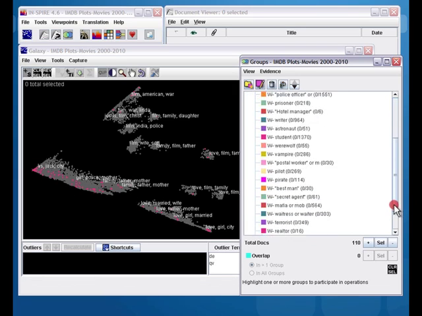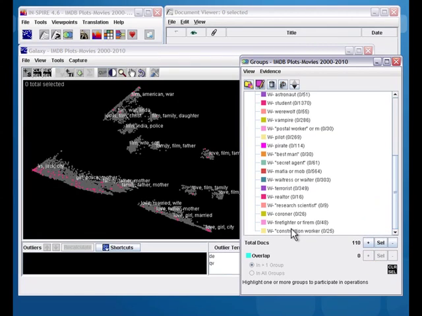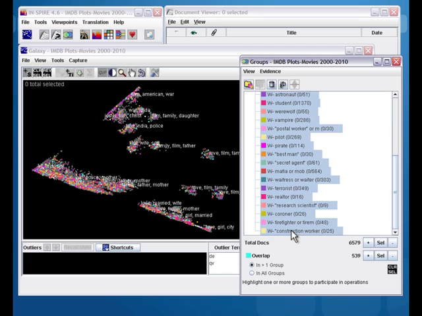So if I highlight a bunch of them, again using the Shift key to select multiple, you can see I can show all of the different places where these match. Now there's something else I can do here too. Down at the bottom of this window it shows me the total number of documents. So I know I have 6,579 total,